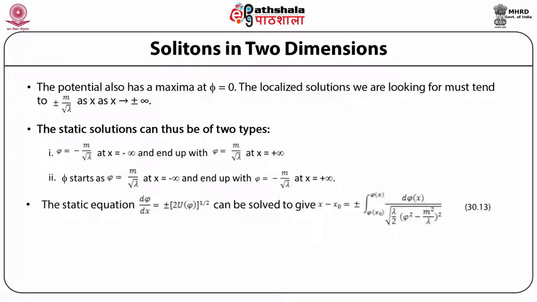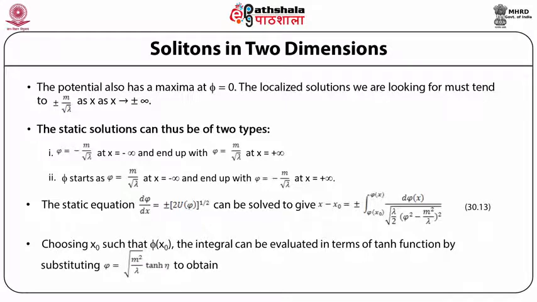The static equation ∂φ/∂x = ±√(2U(φ)) can be solved to give x − x₀ = ±∫ from φ(x₀) to φ(x) of dφ divided by √(λ/2 · (φ² − m²/λ)²). Choosing x₀ such that φ(x₀) = 0, the integral can be evaluated